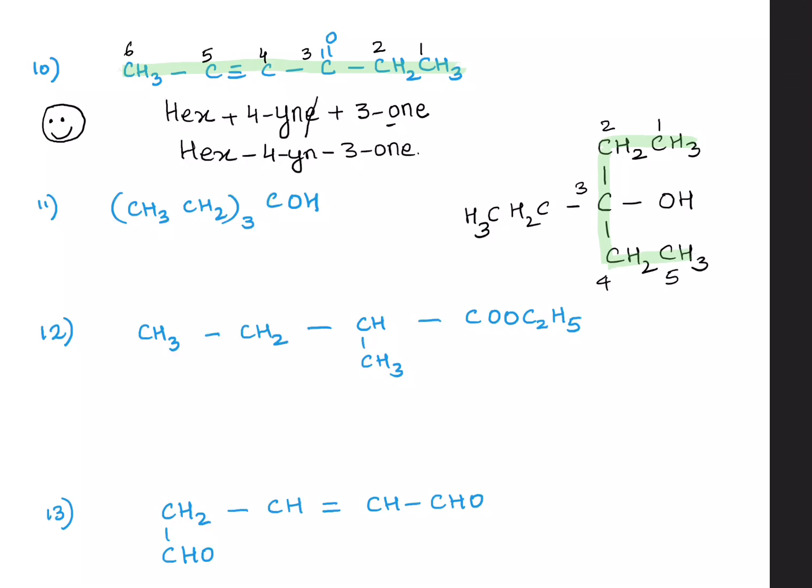So next thing is the prefix. So at the third position I have, now this I'm going to treat as one group. This becomes ethyl. So 3-ethyl. Now how many carbon atoms are in the main chain? 5. So pent. Look at the chain. Is it saturated or unsaturated? It's saturated. So ane. Right?